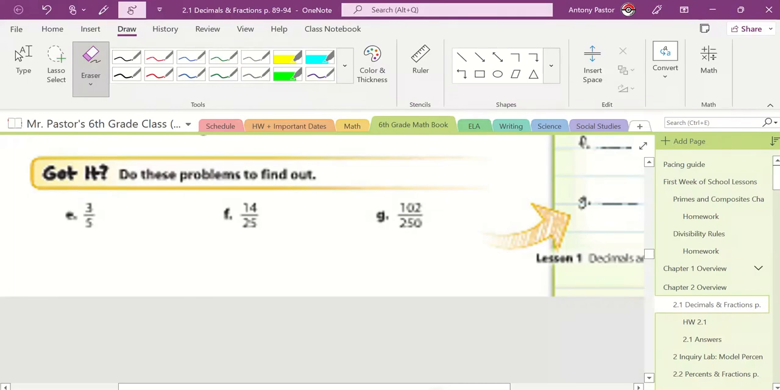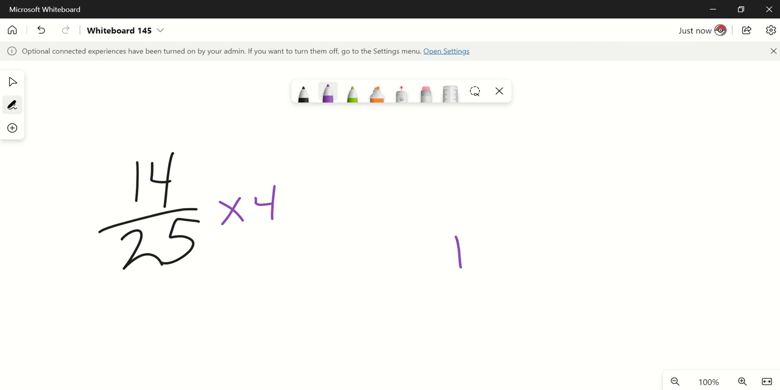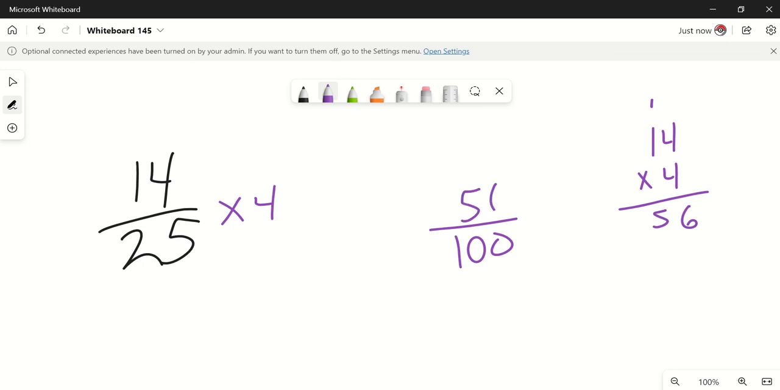If I look at 14 over 25, that one also is one we can convert easily. I know 25 will go into 100 4 times. So if I multiply both of these by 4, that'll give me 100 and 14 times 4. 4 times 4 is 16, carry the 1. 4 times 1 is 4 plus that. This will just be 56 hundredths, which is the same thing as saying